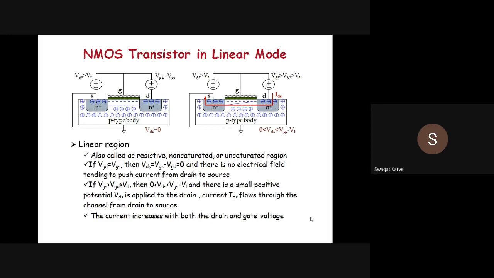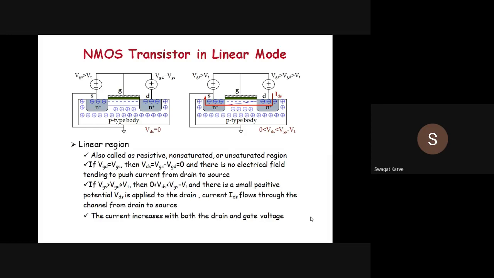म्हणजे कंडक्शन साठीची कंडिशन्स काय आहेत? Two conditions: VGS and VGD should be greater than VT. This is the first condition. And the second condition is VGS should be greater than VGD, should be greater than threshold voltage. This is the second condition. First condition काय? VGS and VGD should be greater than VT, and the second condition is VGS should be greater than VGD. If these two conditions are satisfied, the MOSFET will start conducting the drain current, right? Or the MOSFET will operate in a linear mode.